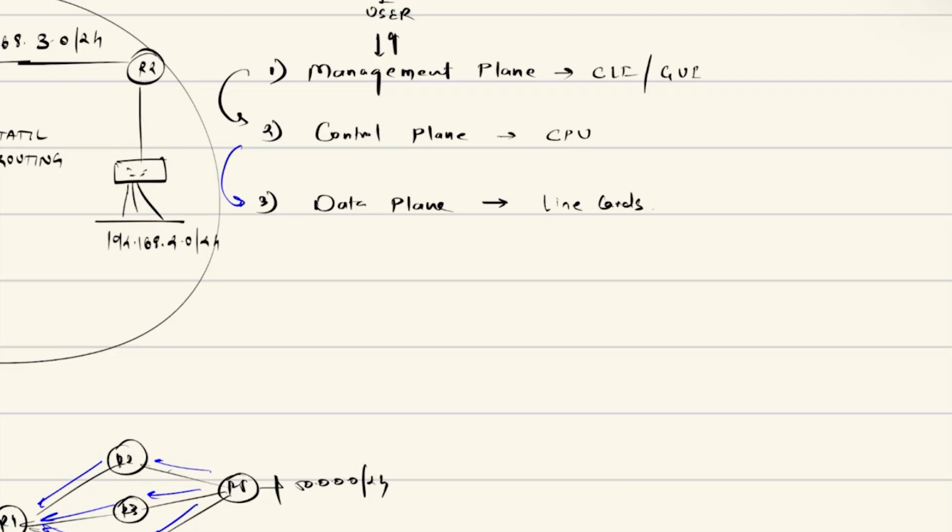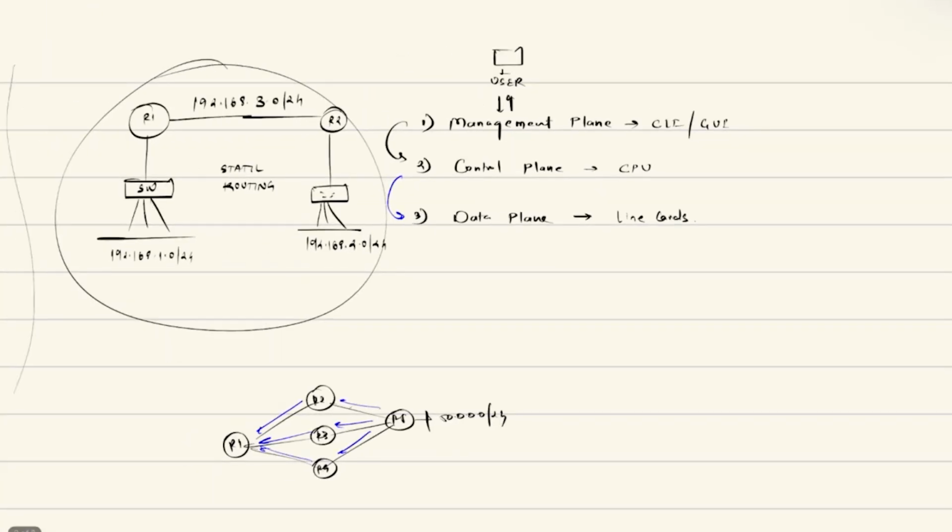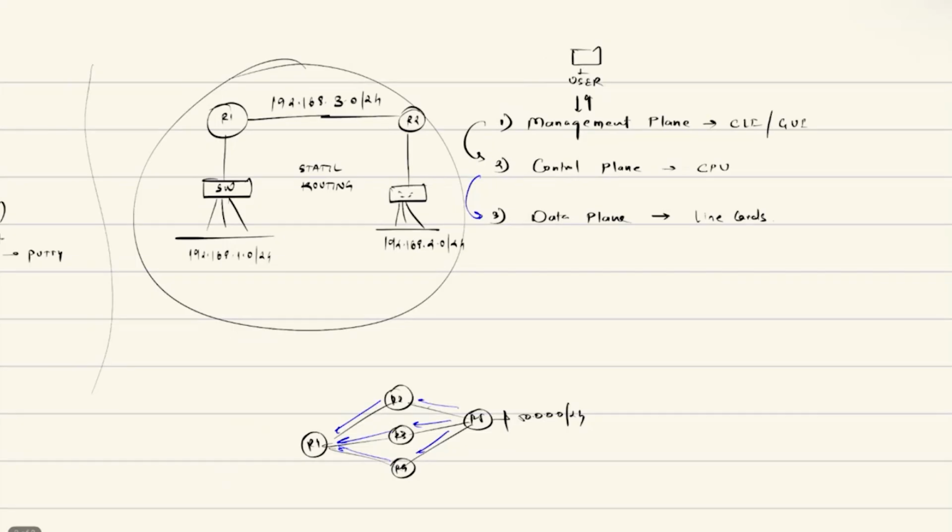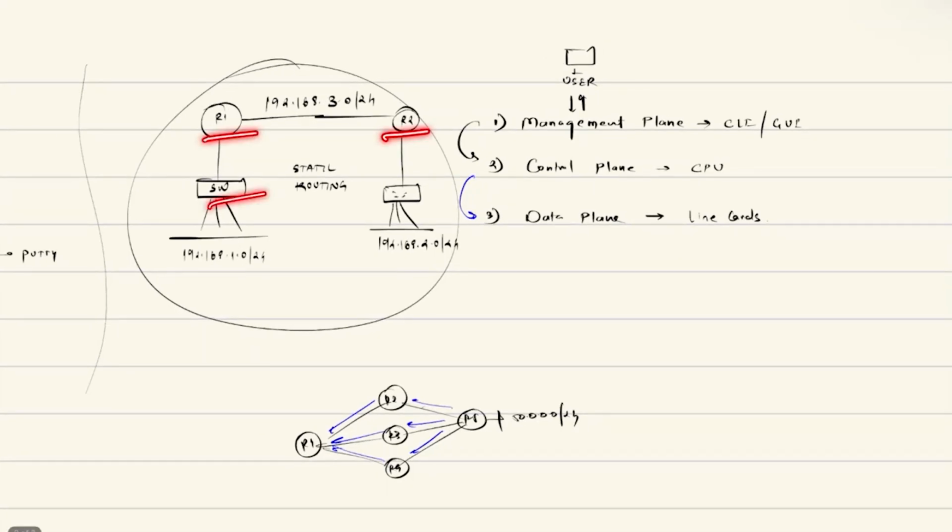encapsulating, decapsulating, adding or removing the .1Q headers, matching the MAC addresses for forwarding, matching the IP destinations, right? Changing the source and destination addresses if you're using NAT, dropping the traffic because there is an ACL in place, right? All these decisions are done by data plane. And all of these three planes, they actually do exist on router one, router two, switch one, switch two, or whatever network devices that you have, firewall, load balancer, whatever it is. You're going to have management plane, control plane, and data plane available on these devices. Now, that's how traditional network behaves.